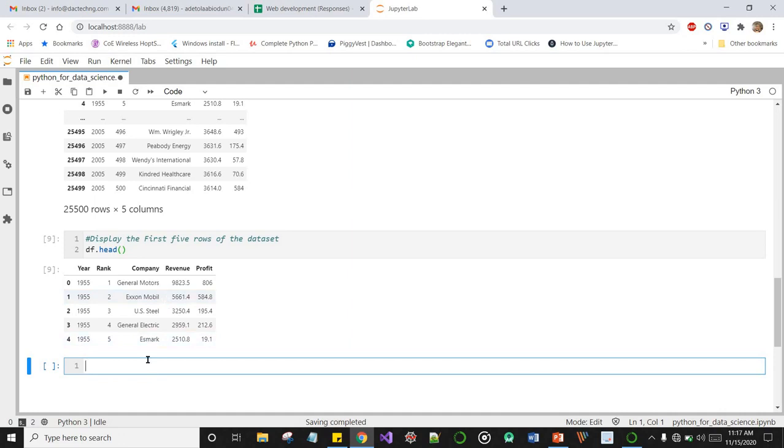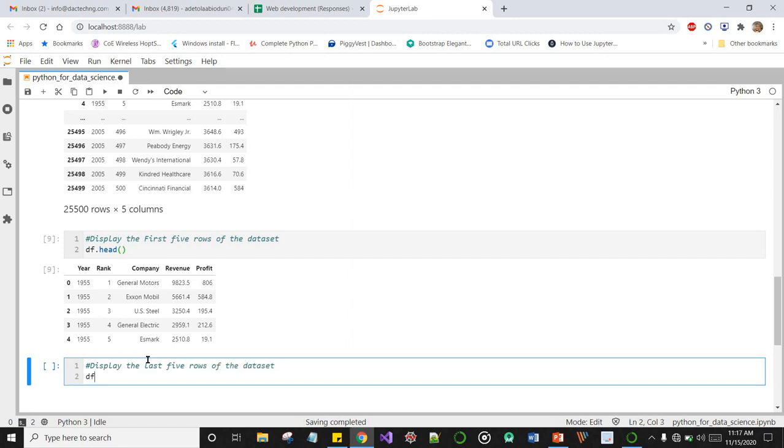And someone would say, oh fine, we can display the head. What about the bottom 5 rows, right? So we can display the last 5 rows of the data set. You will guess, if we have head, we must have a tail, right?